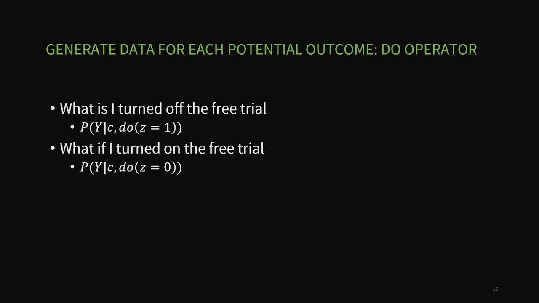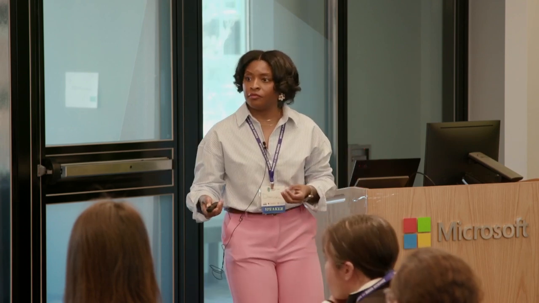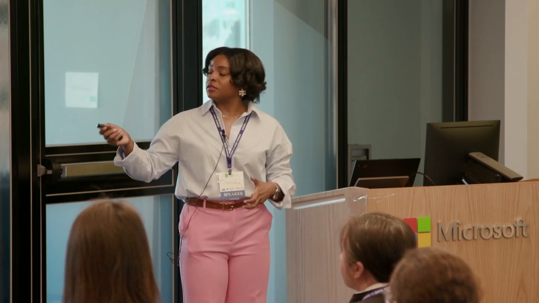And now there's a nifty new tool in most computational statistical software. This was not available back when I was learning WinBugs and JAGS, but we have what's called the do operator. All this do operator says is, keeping all other things true about my original model, meaning take into consideration all of my posteriors, what happens if I set Z to be 1? What happens if I set Z to be 0? It acts like a physical intervention: use my posterior estimates and help me to uncover unknowns.